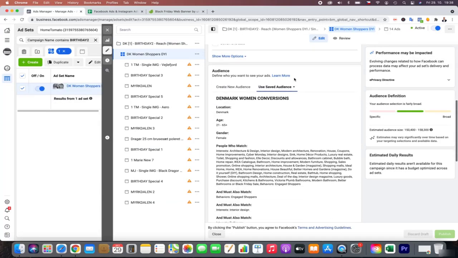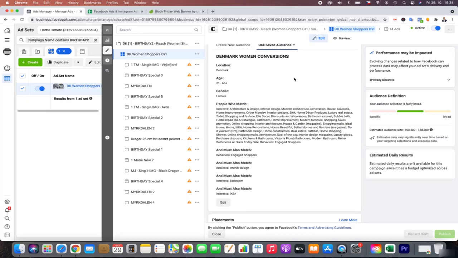I have built up quite specific, not really super specific, but quite specific personas connected to everything around rebuilding and engaged shoppers, interior design, and bathroom IKEA. So these are quite specific. It's still okay for reach. Of course, for reach, the more broad the better, but I also like to have more groups I reach out to.